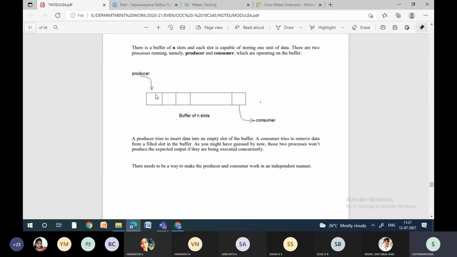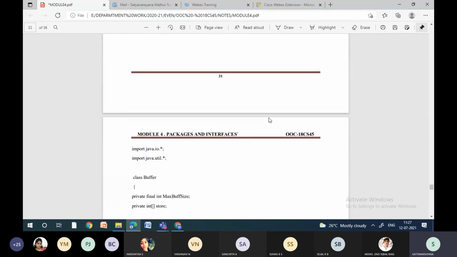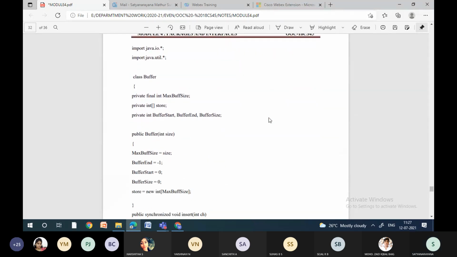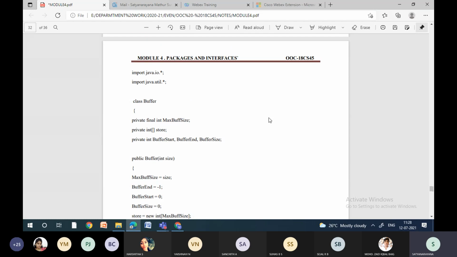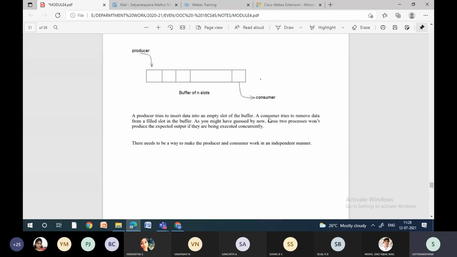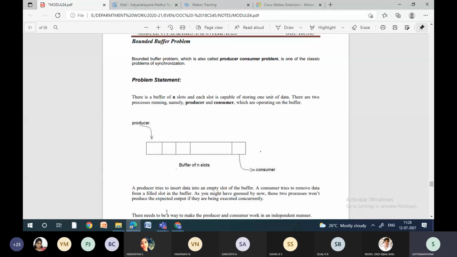The producer checks whether the buffer is empty and produces; the consumer checks whether the buffer is full and consumes. So the producer works independently and the consumer works independently. In that scenario, how to write the program? That is called the bounded buffer problem.